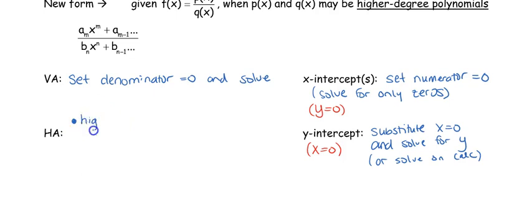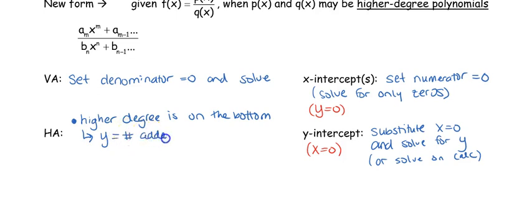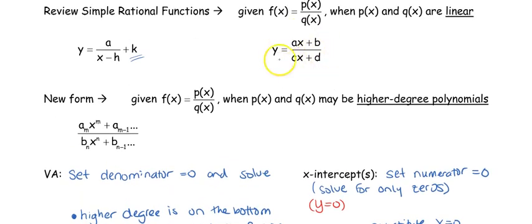So if the higher degree is on the bottom, then the horizontal asymptote is y equals whatever number is being added outside the fraction. And don't forget that if there's no number being added outside the fraction, then it's going to be equal to 0. Our other simple is when we have the same degree top and bottom, so a linear on top and